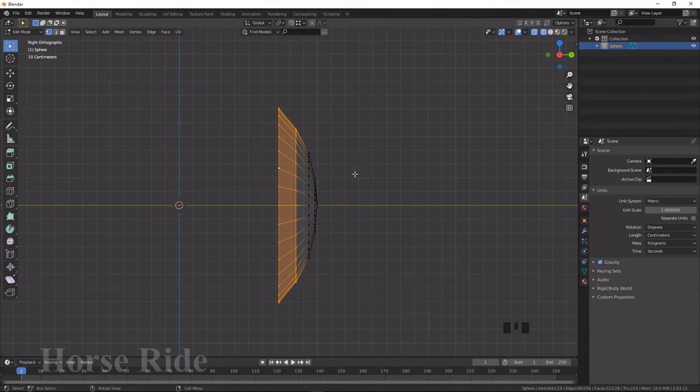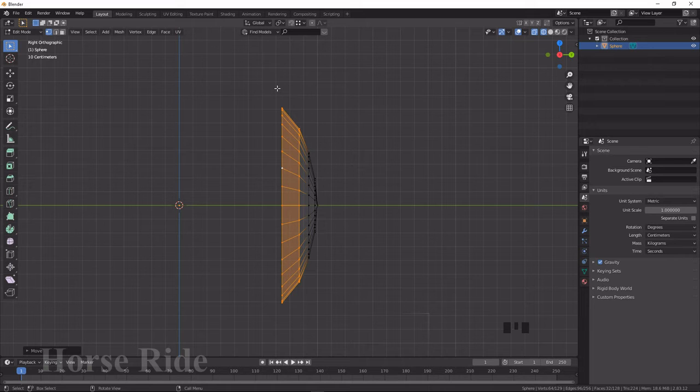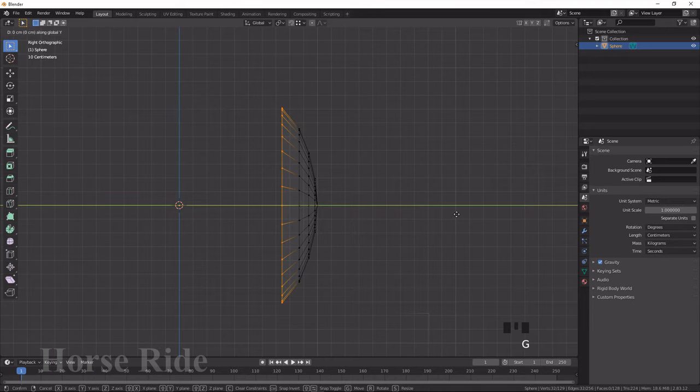Right click to cancel. G Y to move on the Y axis. Press Shift on the keyboard to move slowly. You can see our beginner video which I have given in the description for the basic installation setup and everything else. Press G on the keyboard, Y axis, using the Shift key move a little bit.